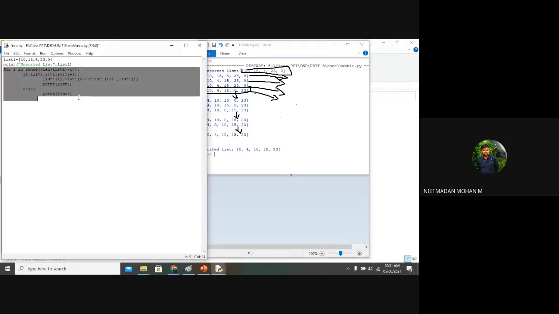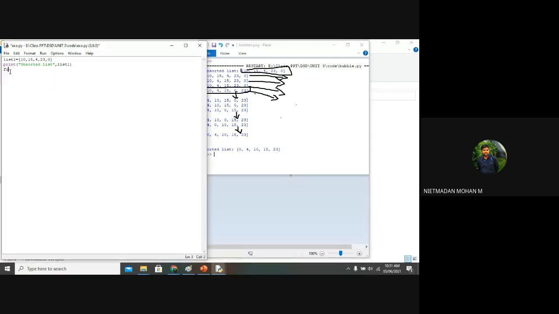For that purpose, what I am doing is once again I am taking J as the for loop, J in range length of list 1, and I am giving this statement here.